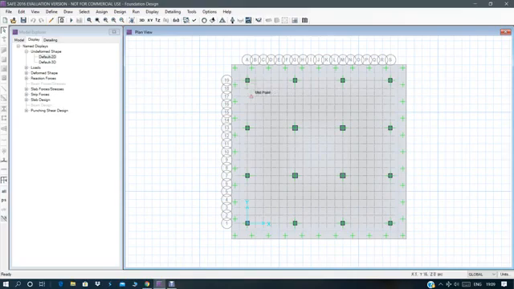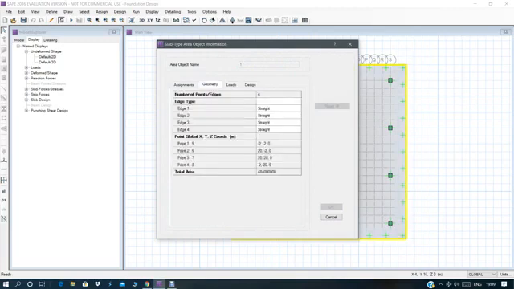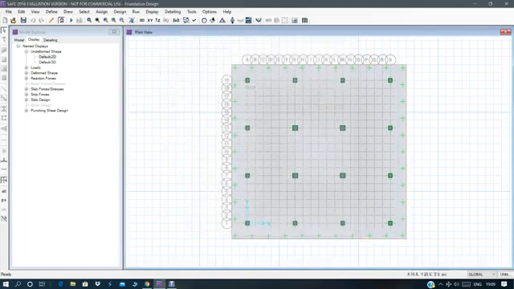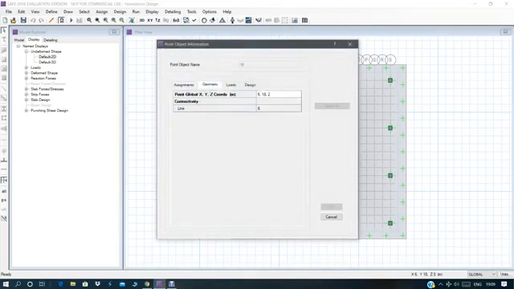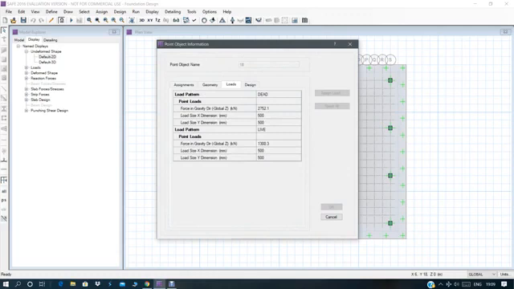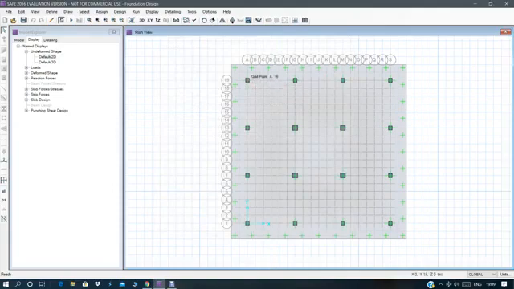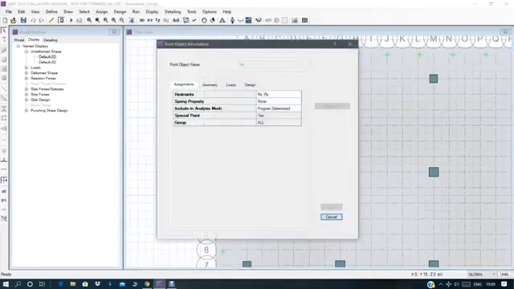Now right click anywhere in the footing, you will get the properties. Here rebar material HYSD, loads, mat footing, soil. Then if you middle click on this column, you will get the loads. This is dead load, point load, this is live load, dead load, and here design. So in the column, if you want to see rebar, then click inside the column but not at the center.